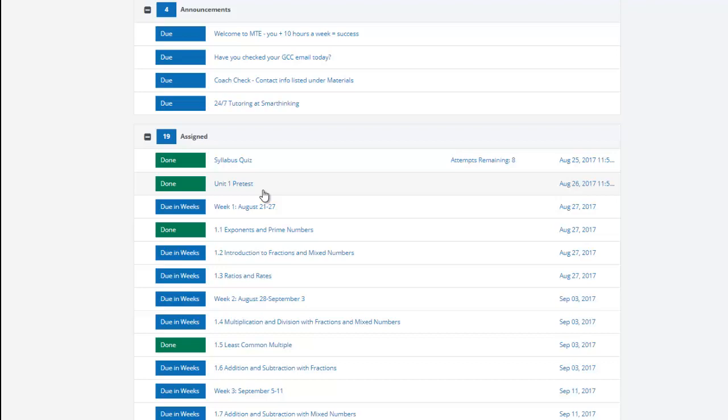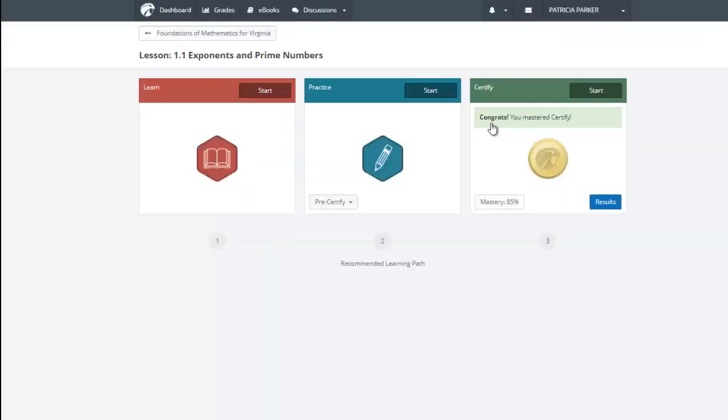More importantly, what the Unit 1 pretest does is it customizes the work that you have to do in the unit lessons. So for example, I took the pretest and scored a 45. Not too good, but what it did acknowledge is that I already understand exponents and prime numbers, and I understand least common multiples. I have not done any work yet in MTE 1, but already I have completed 2 units. So when I click on the actual lesson, you'll see over here in the green that congratulations, you have mastered